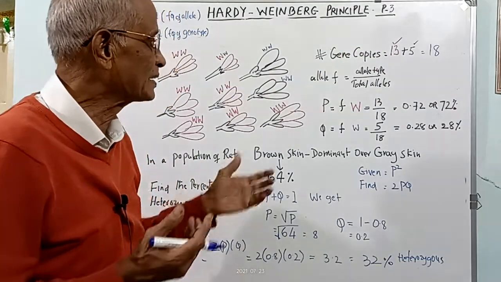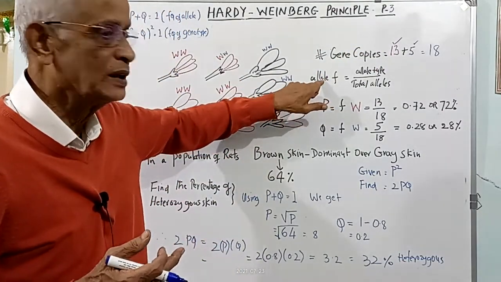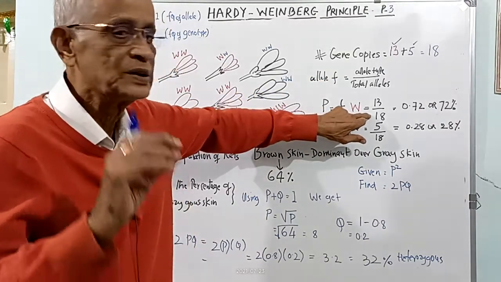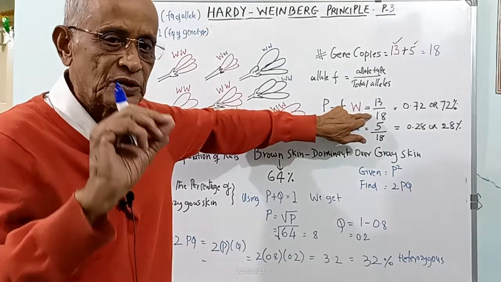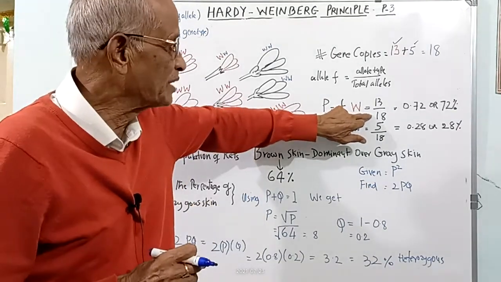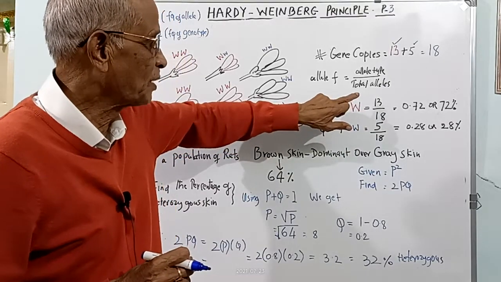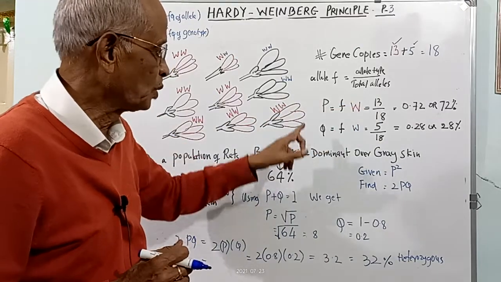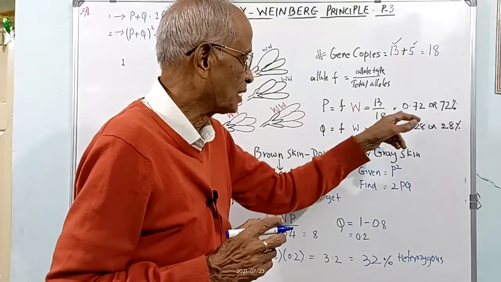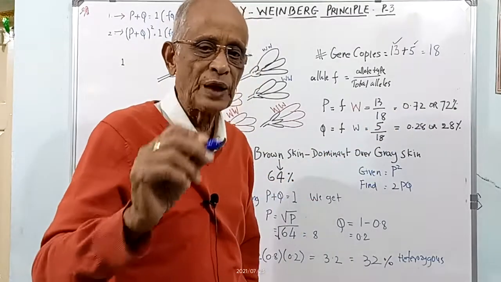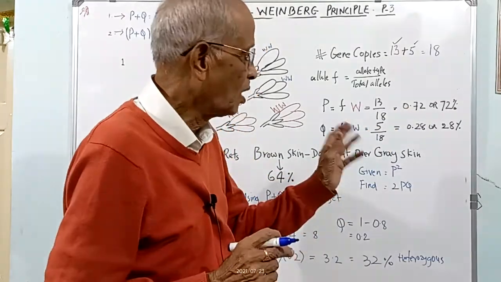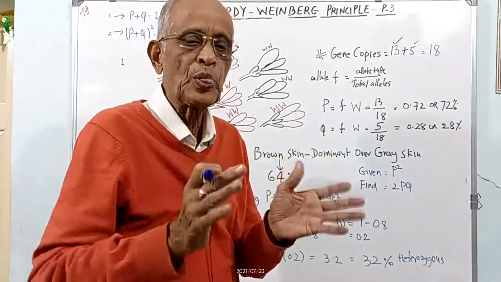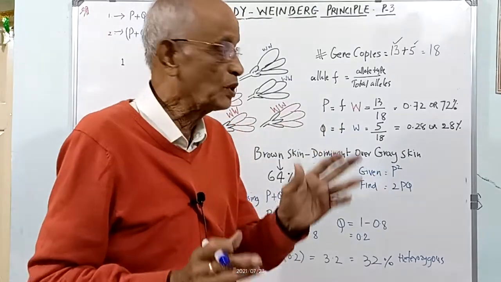Now if you want to calculate the frequency of the allele, what we should do is take the total number of alleles in the population, that will be 18, and the number of appearances of the dominant gene, in this case P, will be 13. So P will be appearing in terms of decimals, 0.72 times, its frequency, or it is 72% of the total population of 9. 72% will be the